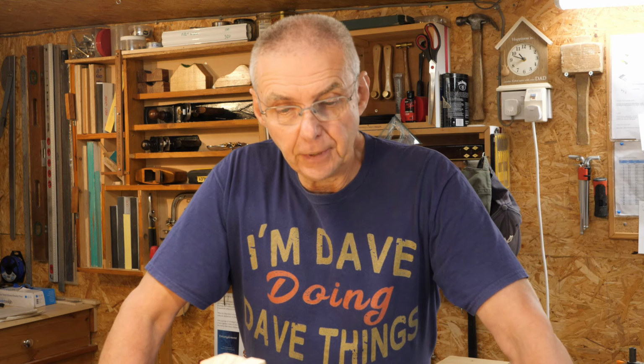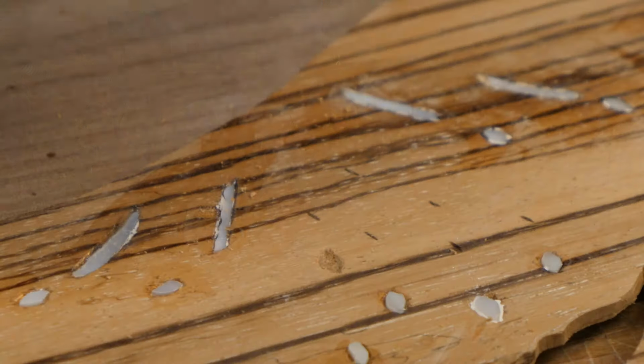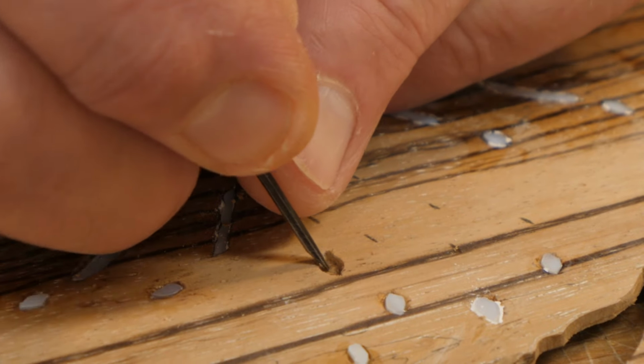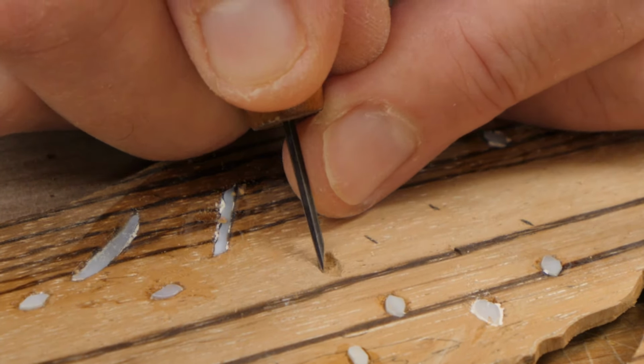Of course, I'm not going to see the final effect until I put the blue wood dye on, but yeah, I think it's going to look all right, you know. I'm going to go and have a cup of tea. Just about 20 more to go. I'll tell you, I couldn't have done it without these little tiny tools that I made, because this is really tiny work,